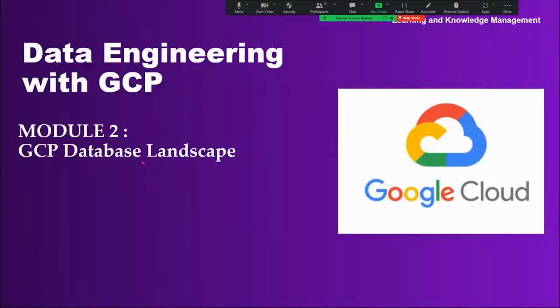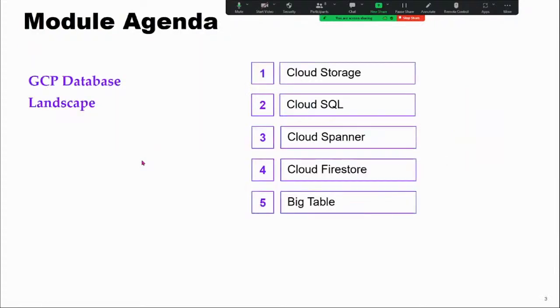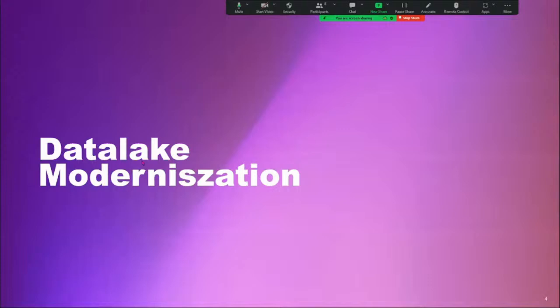So in the GCP database landscape, this is the agenda, guys. We are going to explain all the GCP database landscape and the differences between RDBMS as well as NoSQL databases. And in this one, we are going to look at Cloud SQL, Cloud Spanner, and Bigtable. So these are the things. So first, we're going to see